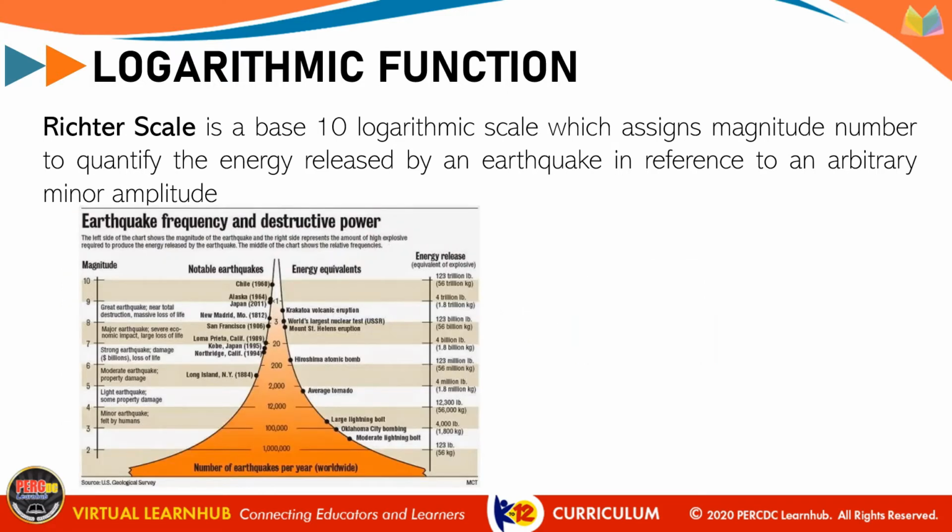For example, a magnitude 3 earthquake is a minor earthquake that is felt by human with some noticeable shaking of indoor objects. Let's say that magnitude 0 produces an amplitude x. Then, magnitude 3 produces an amplitude 10 raised to 3 times or 1000 times higher than magnitude 0. Therefore, magnitude 4 is 10 times higher than magnitude 3, and that is 10,000 times. And magnitude 5 is 10 times higher than magnitude 4, and that is